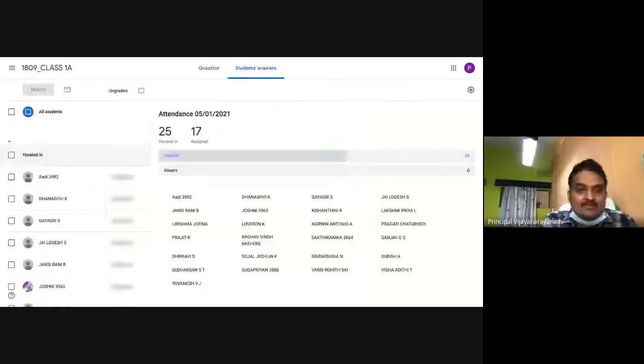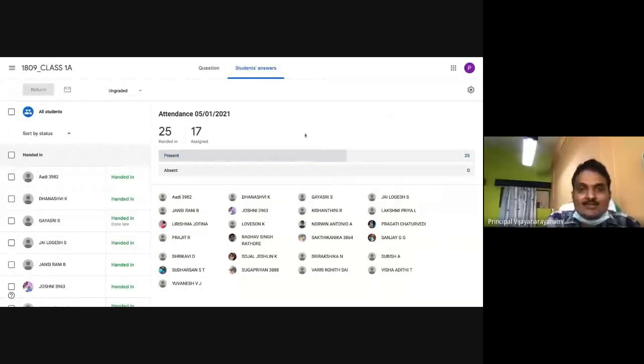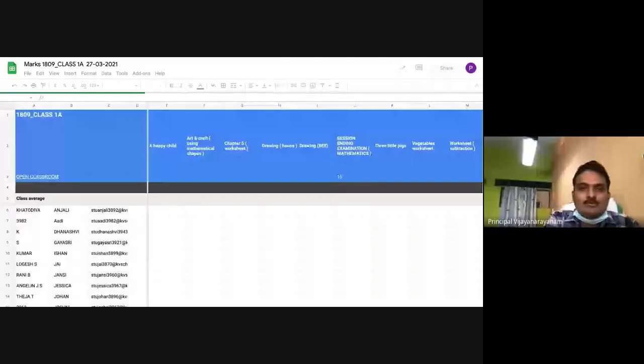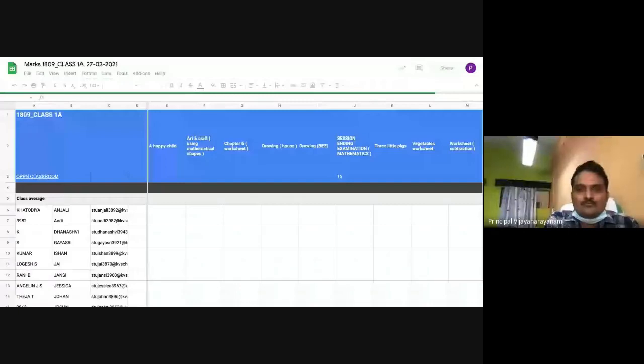And you have the list of students here. Don't do anything. Come to this icon here at the right, and click copy all marks to Google Sheets. Just wait for 2 seconds for it to open.